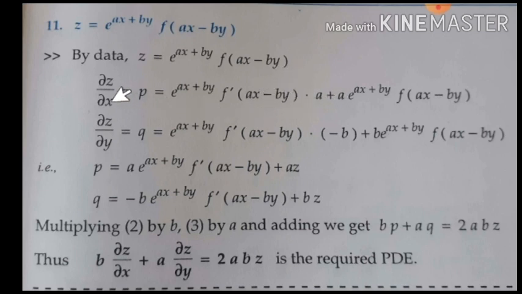When you are differentiating partially with respect to x, this term becomes 0. Now f of ax minus by is kept as it is, then e to the power of the function is differentiated. Let us consider this whole power term as u. The derivative of e to the power of u is e to the power of u. So you substitute that u term and write e to the power of it. Then only the numerator function is differentiated with respect to x. So the derivative of x is 1 into a, and that a is written over here. The derivative of y when you partially differentiate with respect to x is 0.